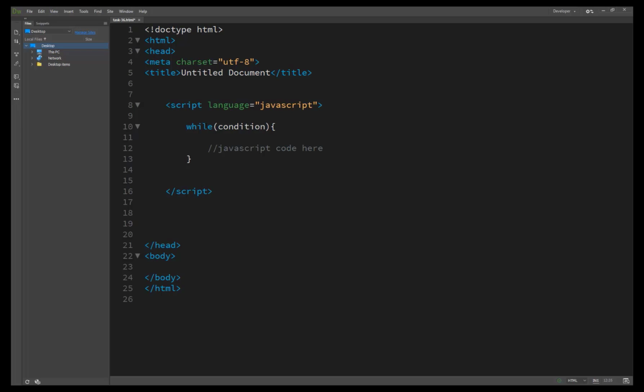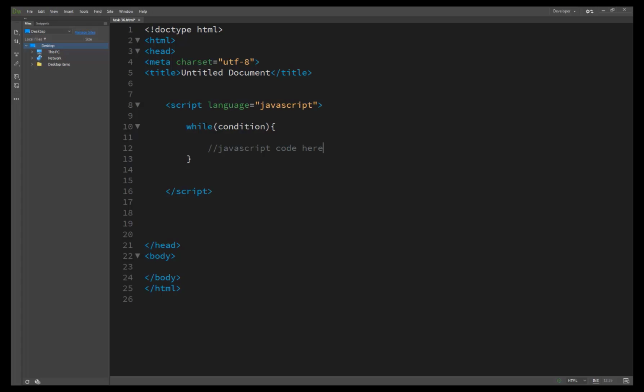Once the condition becomes false, the loop ends. So basically, the use of a loop that checks a condition is that the conditional loop continues as long as a single condition is true, and once the condition becomes false, the loop ends.